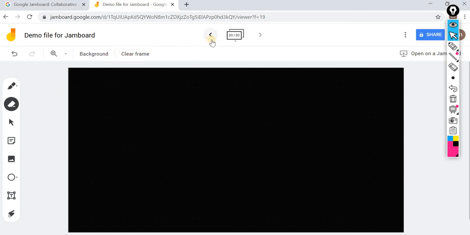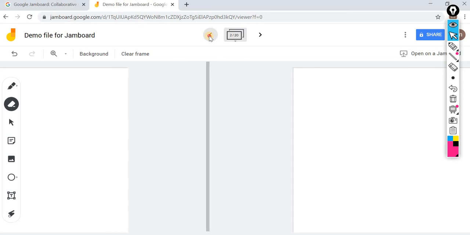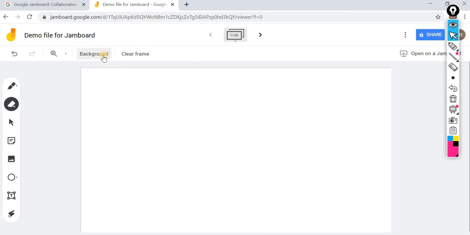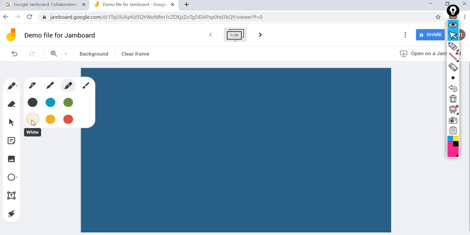Now because I have to start from the first frame and by mistake I started with 20, I will just click on here to come to the first frame. Now let us start with the first frame. Let us select the background. Let me select a blue background because just now we have checked with the black. Be careful, if it is with this selection, you can't write anything here, so you have to come back to this one. Now you can see that this particular pen is circled here, and white is the color you are using.